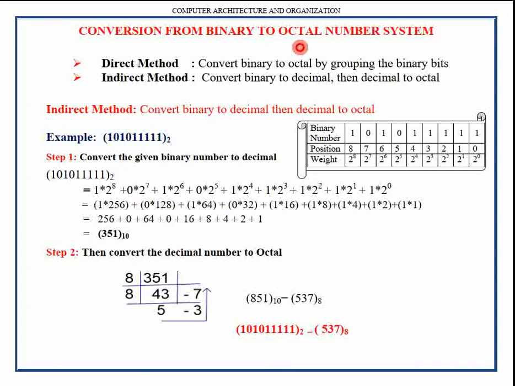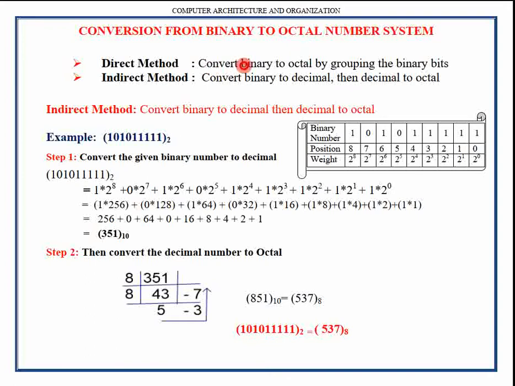Basically, the binary number system is the simplest number system and has the base value 2. That is, it uses only two digits, 0 and 1. Since digital electronics also have only these two states, either 0 or 1, the binary number system is used in computers. Whereas the octal number system has the base value 8, that is, it uses 8 distinct digits from 0 to 7. And since the octal number system provides a convenient way of converting large binary numbers into more compact groups, binary numbers are converted into the octal number system.